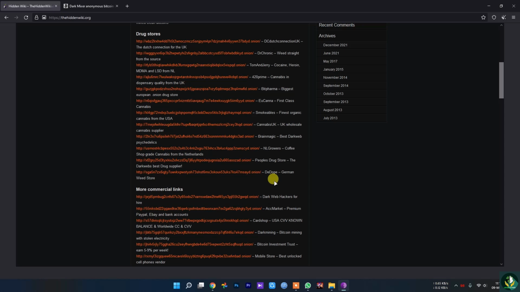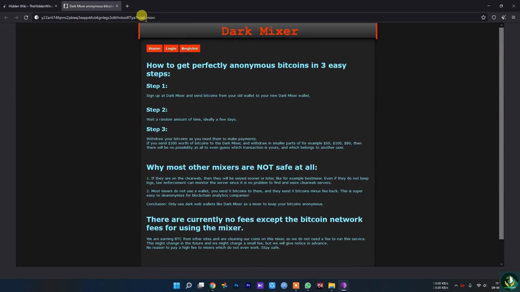Here is an example of a URL that ends with .onion. This is a dark web or deep web website. You have the http:// and then the name of the website in a code format, as you can see here.